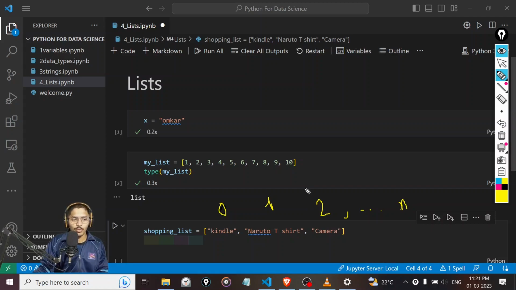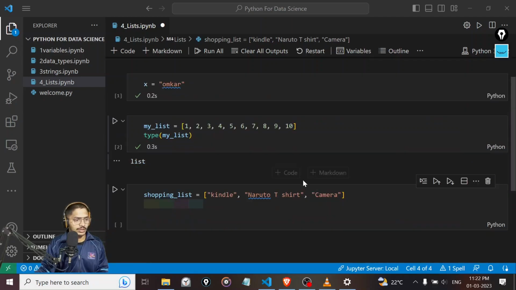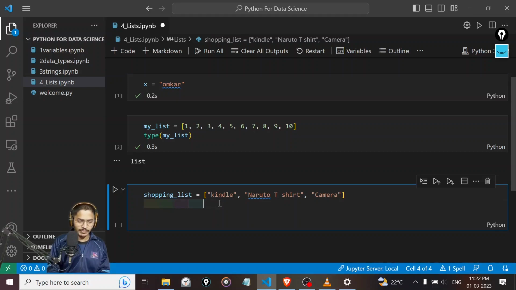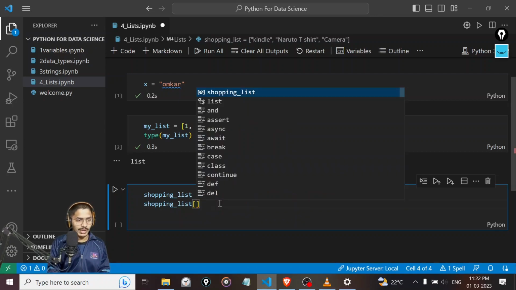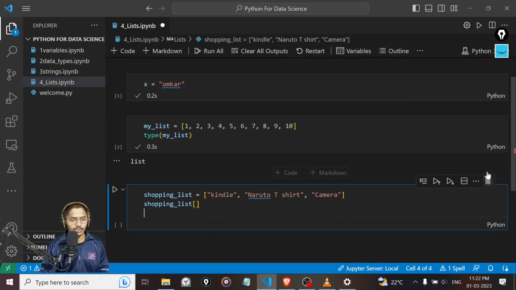In case we want to add more elements to the shopping list, let's say if I want to buy new glasses, new headphones, new mic, whatever we need. So this is our shopping list, and to access an element from this list, we can use indexing. How can you use indexing? Let's see. It's very easy. You just type down the name of your list, then you put square brackets and you put the position. As we have seen, our Naruto t-shirt,